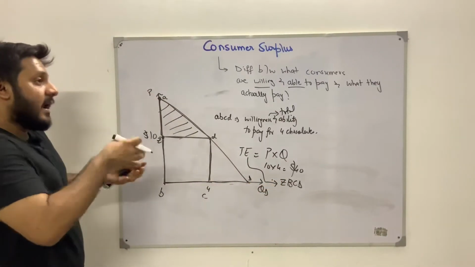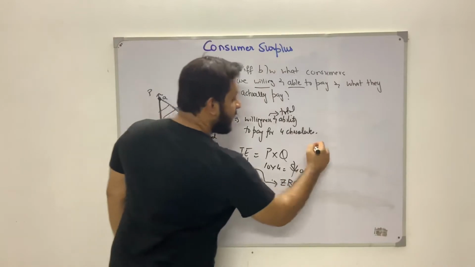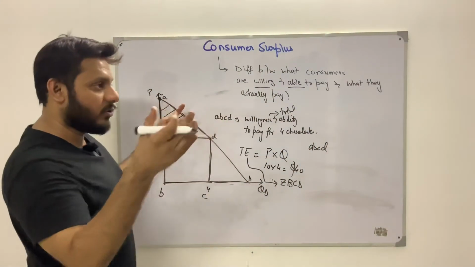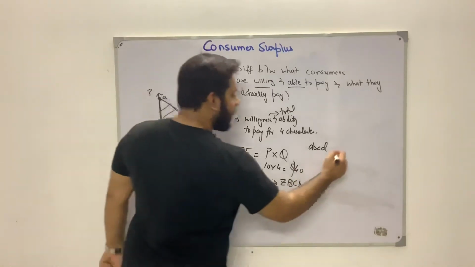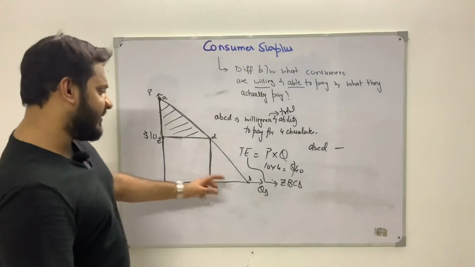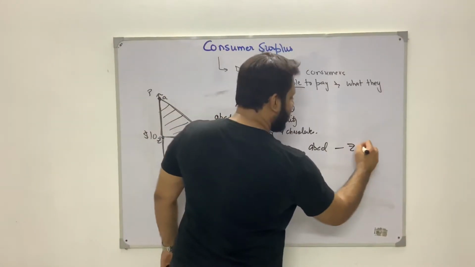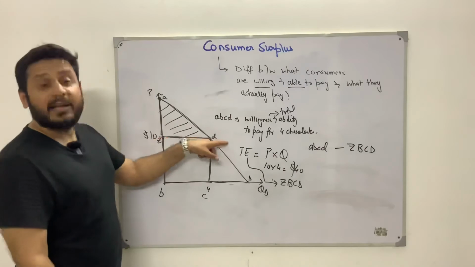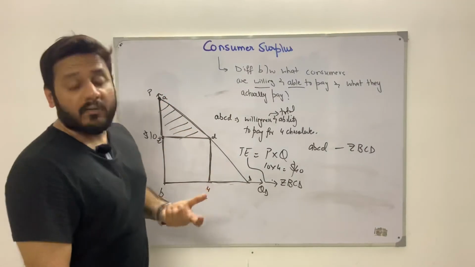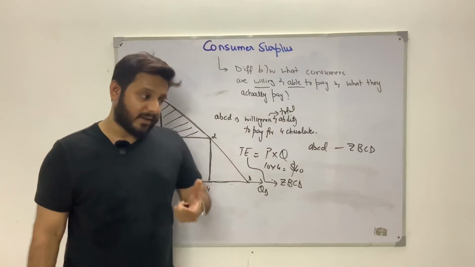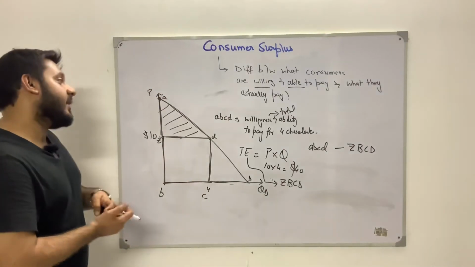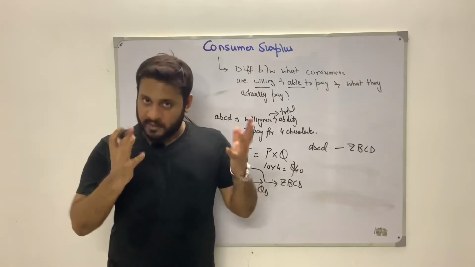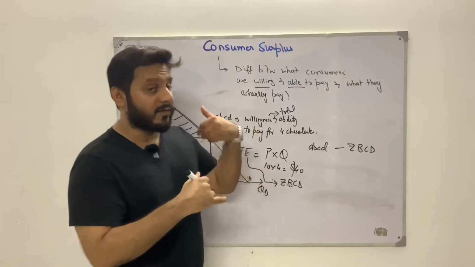So if I deduct area Z, B, C and D from area A, B, C, D, which represents his willingness and ability to pay, or the total satisfaction or utility he will derive out of it, the difference is the little triangle AZD, which is the area of the consumer surplus or the welfare gain. So we can clearly see, guys, that consumer surplus is that amount represented on a demand curve that is under the demand curve, above the price.